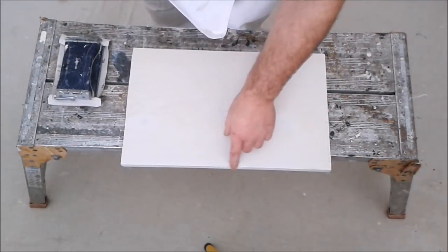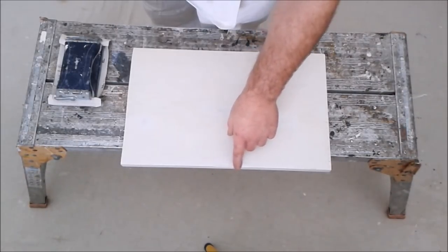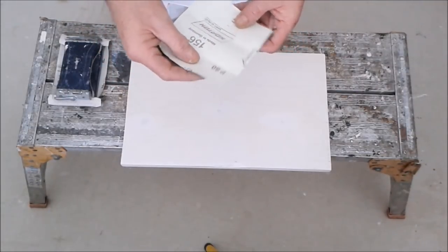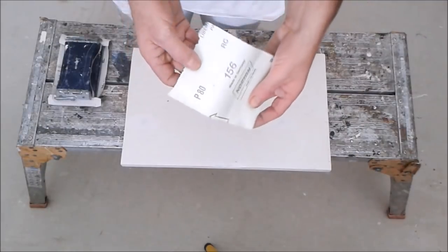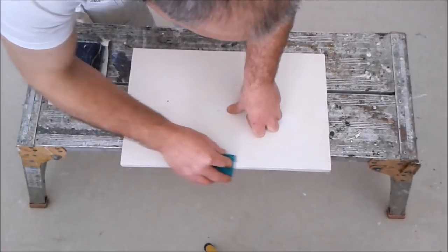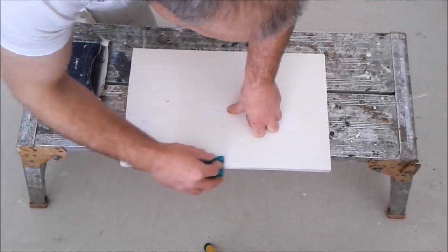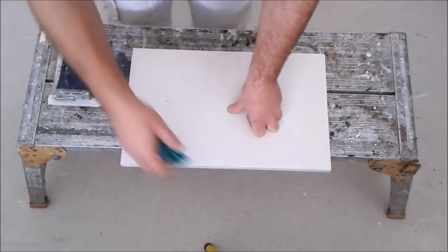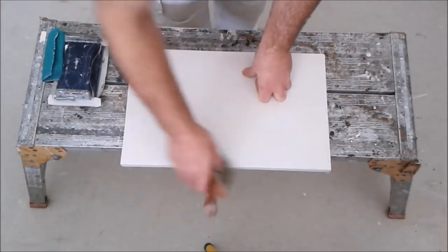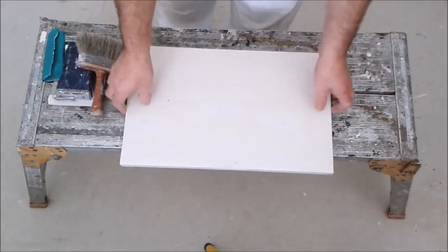So this area where you're going to repair, you need to make sure this is keyed. So with some rough sandpaper, this is grade 80, just give that a rub, and that'll help key. Give it another dust off. So now you can see